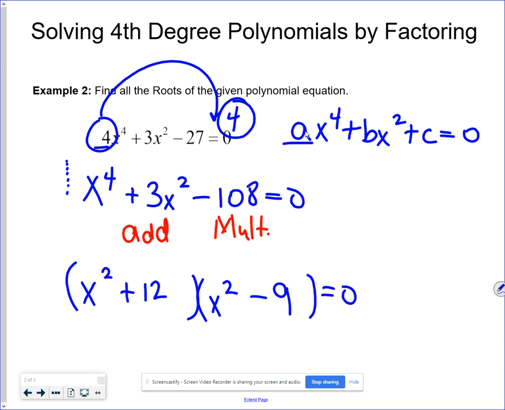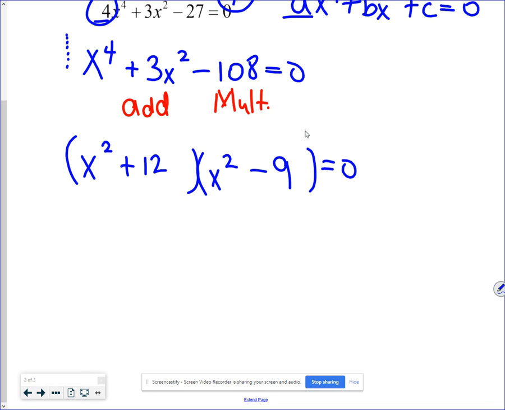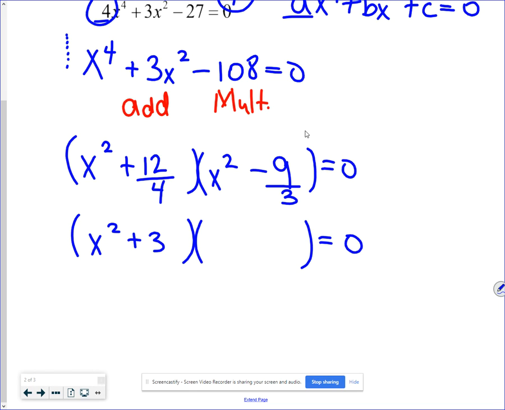Now in the first example we did, we were done at this step because our original equation had a leading coefficient of 1. But this equation had a leading coefficient of 4, so we're not done. We're using slip and slide, so we're going to slide 4 back into our equation here. And then you have to reduce these fractions. So 12 over 4 reduces down to just 3. 9 over 3 reduces down to